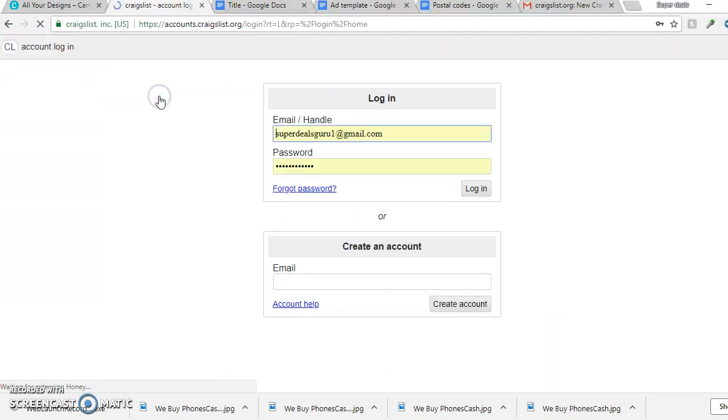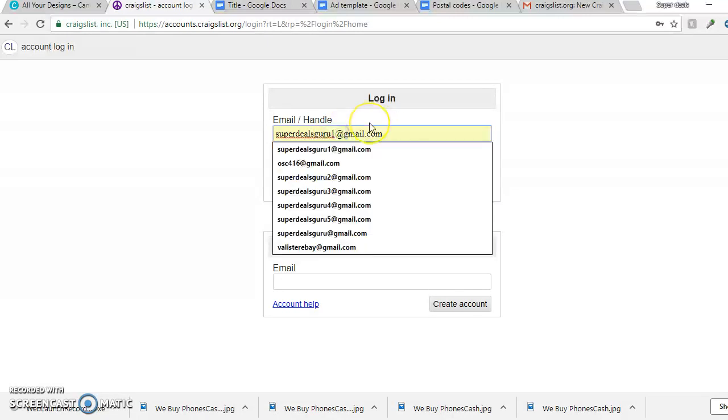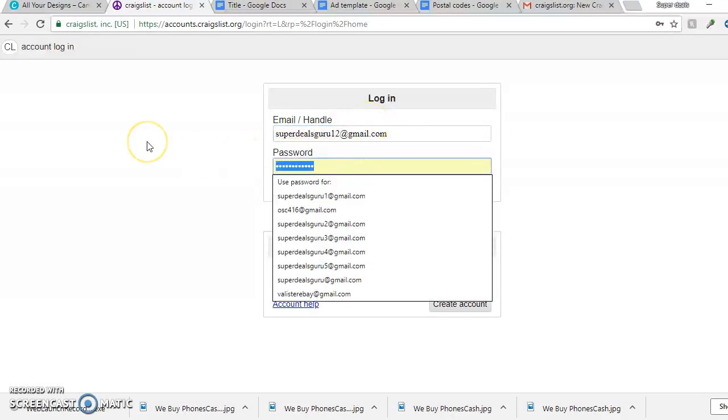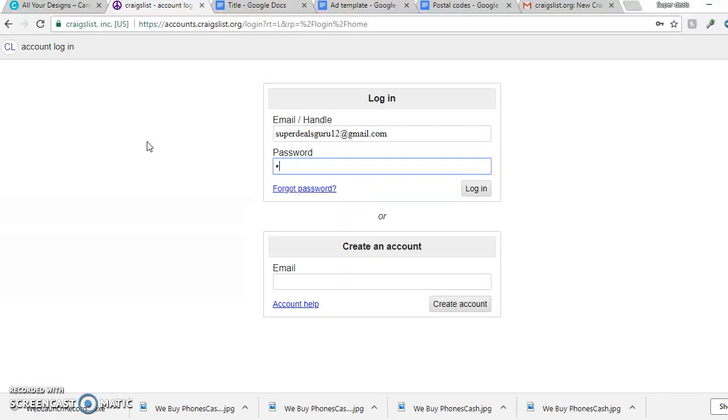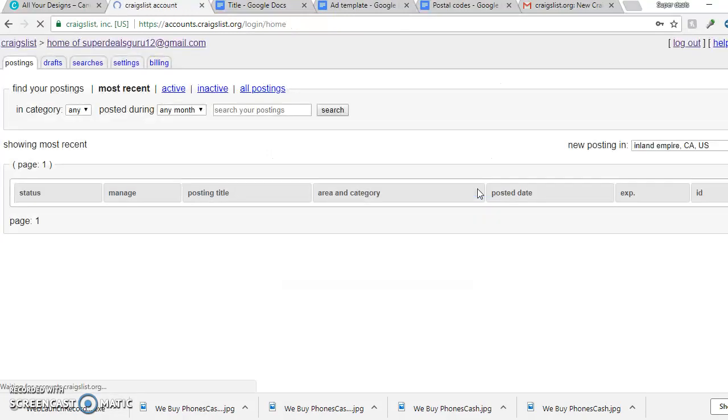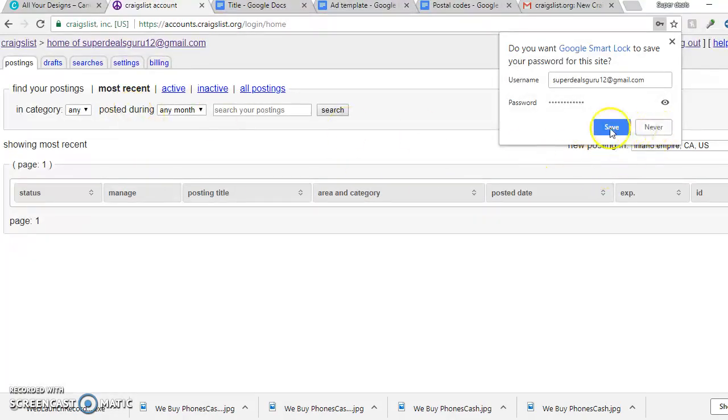So the first thing that you're gonna do is go to My Account, and then you're gonna log in. I'm gonna give you the emails and passwords for all this, that way you have access to everything on Craigslist and in the Gmail account too. So if you do guru12 at Gmail, then you're going to have the password. I'm going to log in, and then